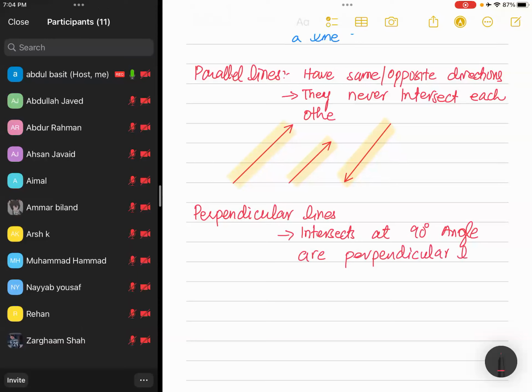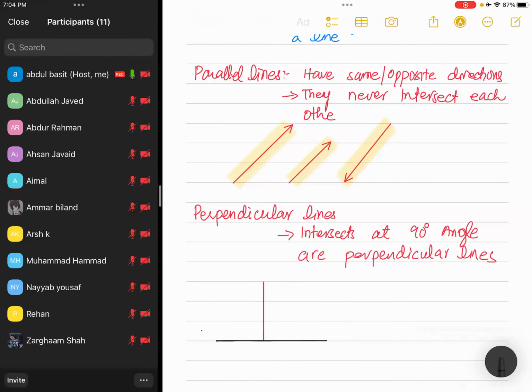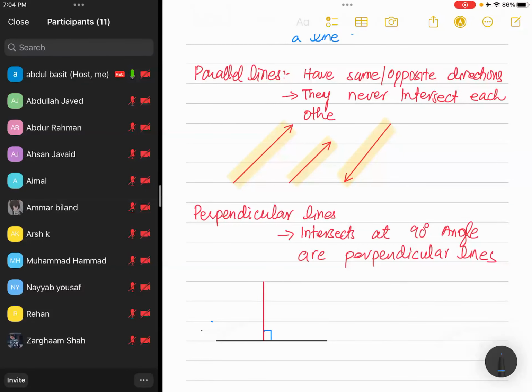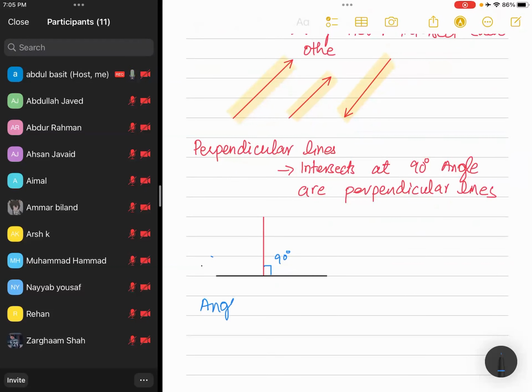For example, see, this is a vertical line. Let me connect one more black line here. You can see that both the lines are intersecting at 90 degrees angle. So these lines are called as perpendicular lines. Remember that angle at a line is